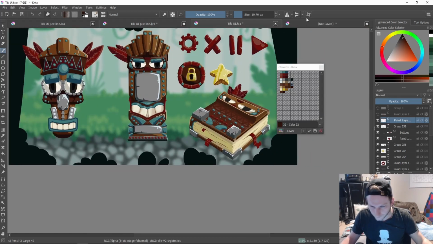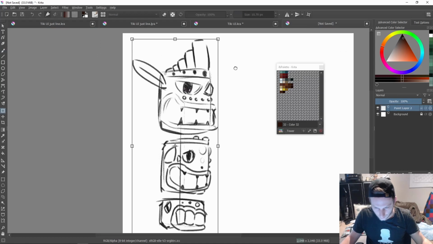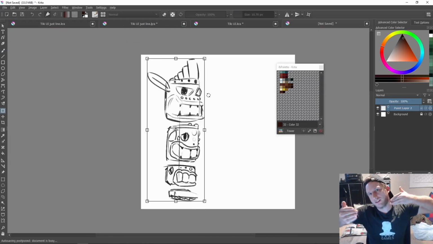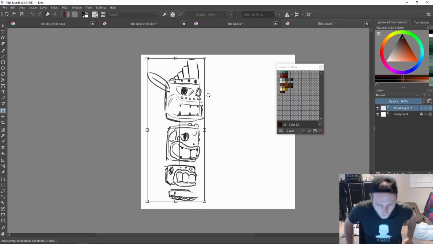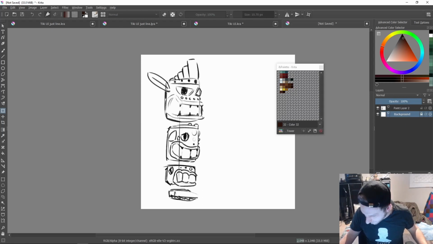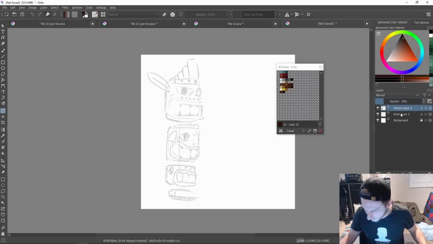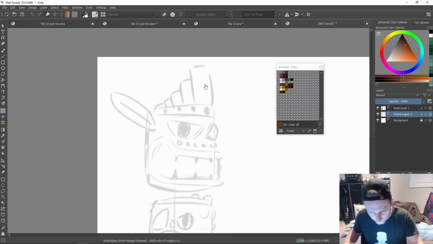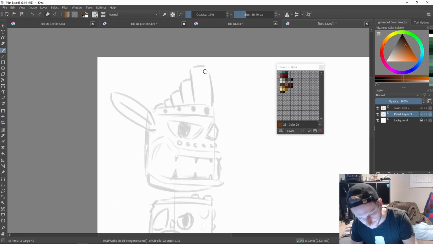So okay. And now let's move on to our player character. So it's really a side-scrolling game, so you will see it just from the side. And that will make things way easier. Okay, so let's make a new layer. Bring down the opacity. I will make a lot of layers right here, because, as I told you, it's just a prototype kind of thing. And I don't care about layer management at the moment. So let's just start